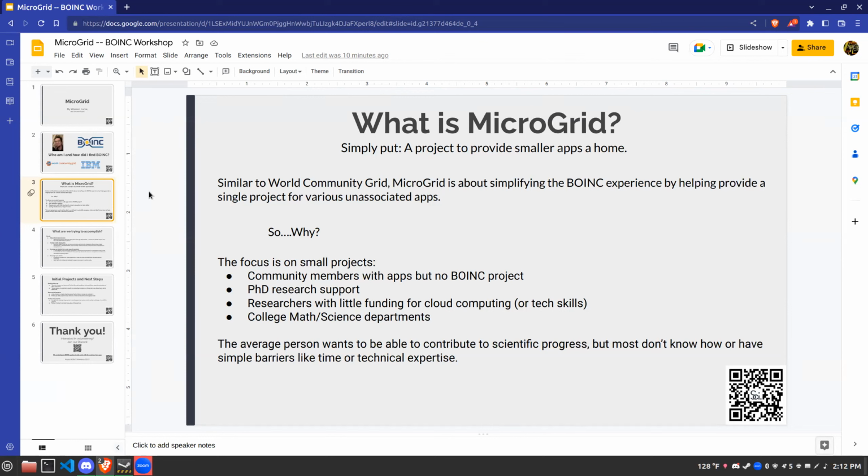So if World Community Grid exists, and by the way, just as a side note, I learned a lot about World Community Grid and all the stuff you guys are doing. That's awesome, and I do want to connect with you after this. Just keep in mind that I wrote this prior to seeing the demo that you guys just gave.